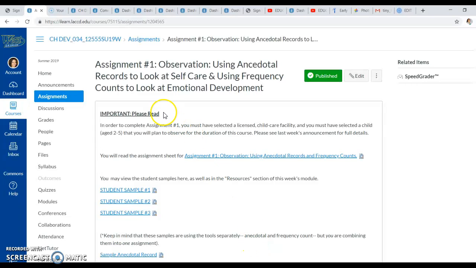Hi students, let's talk about assignment number 1, which combines two observation tools. It includes using anecdotal records to look at self-care and using frequency counts to look at emotional development. So I'm going to take you through the instructions just to make sure you have a little additional support in